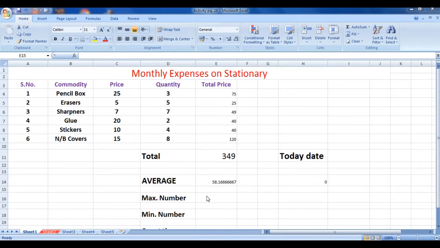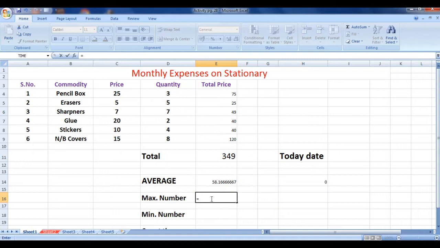Now the next function is the maximum function. What is the maximum function? In this maximum function, it will give you the maximum value of whichever range you apply to it as an argument. For example, I am using this range, E4 to E9. I will take this same example in all of them. Within this given range we have to find the maximum value. Then, after the equal to sign, I am using the MAX function.